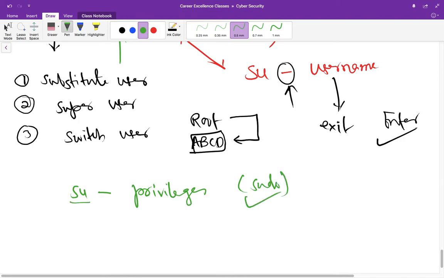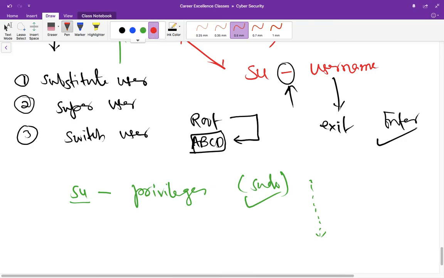So after this command, it will ask you for the password of the sudo user, and then you can run all the commands using these privileges. But there is a problem with this, because once you log into another user or sudo user, you might forget to log out from that, and in that case it is dangerous, because anyone can use those sudo privileges to make accidental modifications, right?